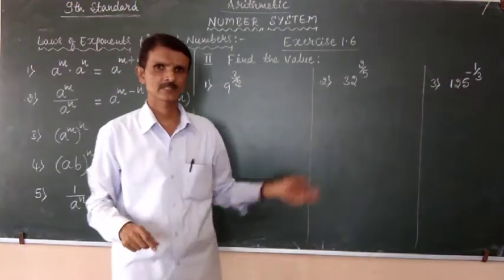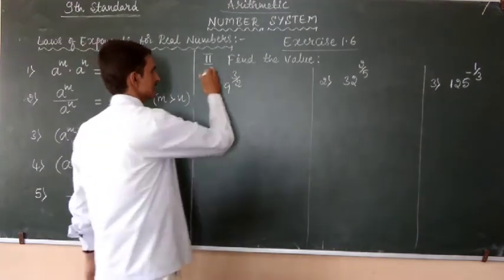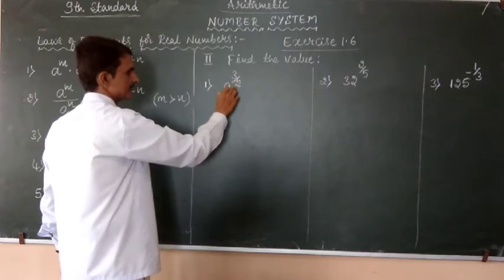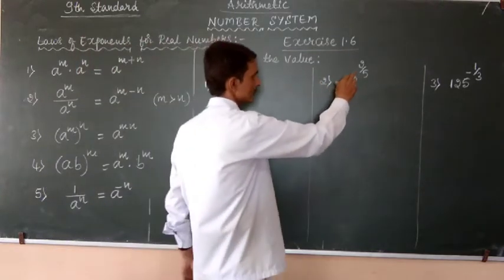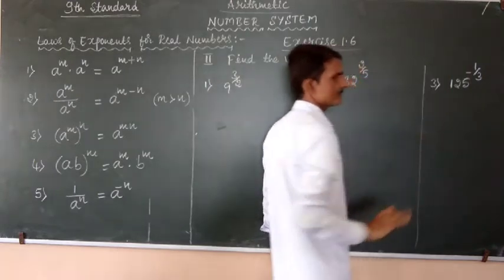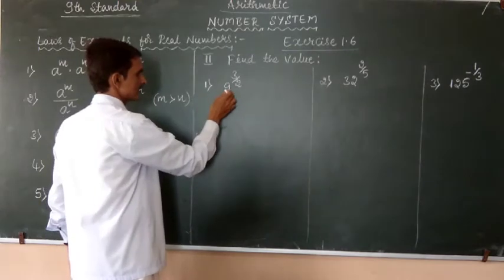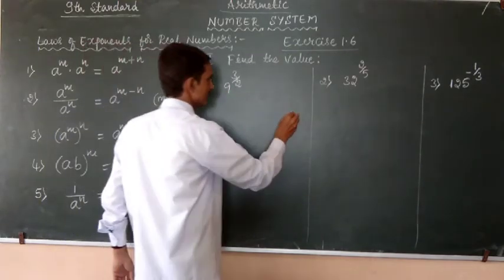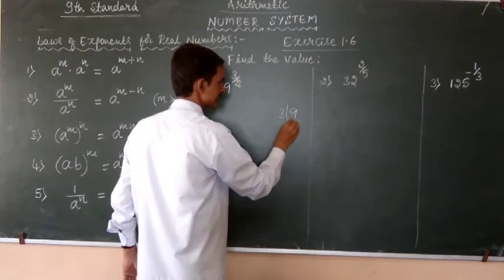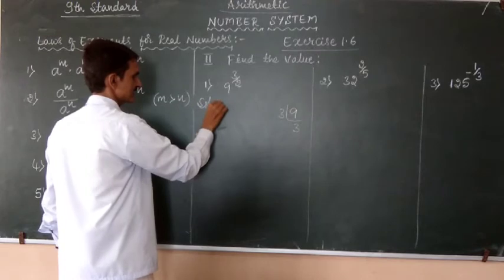Now students, we will simplify the next problem, the second problem. Find the value of 9 to the power of 3 by 2, 32 to the power of 2 by 5, 125 to the power of minus 1 by 3. Now we will take the prime factors of 9, 3 threes are 9. So therefore, the solution for this problem is